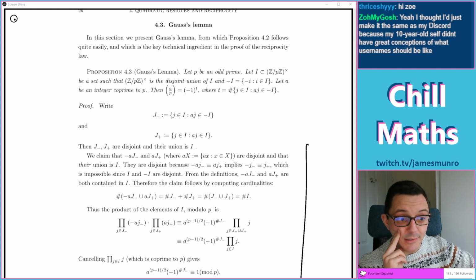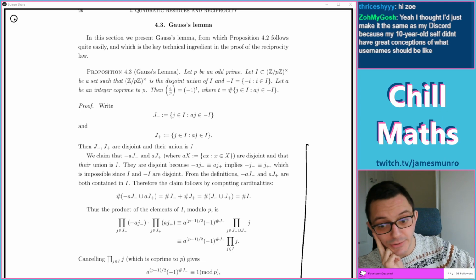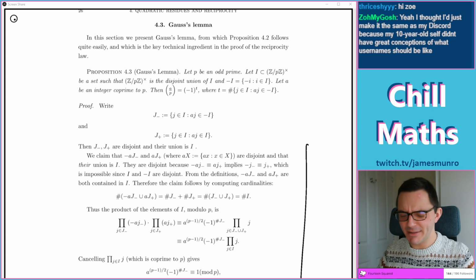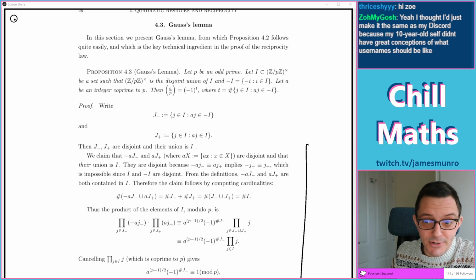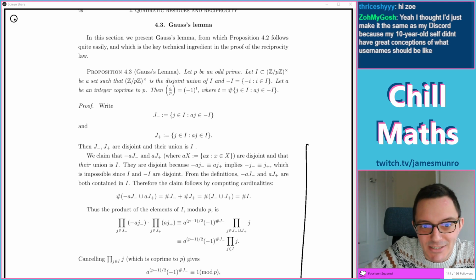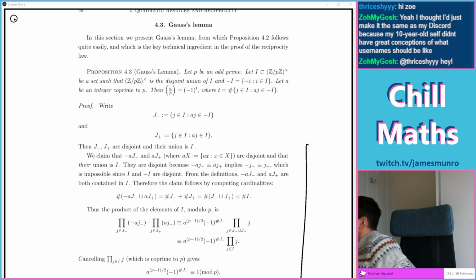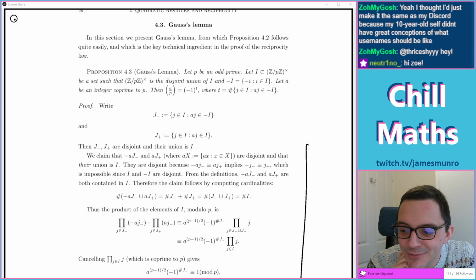I've put a big line down the side of this, which makes me nervous. A large line down the side is my code for I haven't read this. The first time I skim through, it might be like, I'm not reading this now. Come back to this. So when I see one the second time through, probably time to read it. Let's read Gauss's lemma. Oh, Gauss, very clever. Mumbling to myself about Gauss is the content we're all on Twitch for.